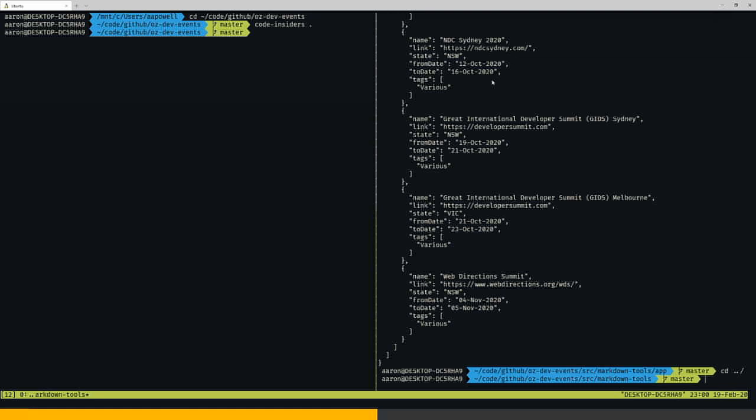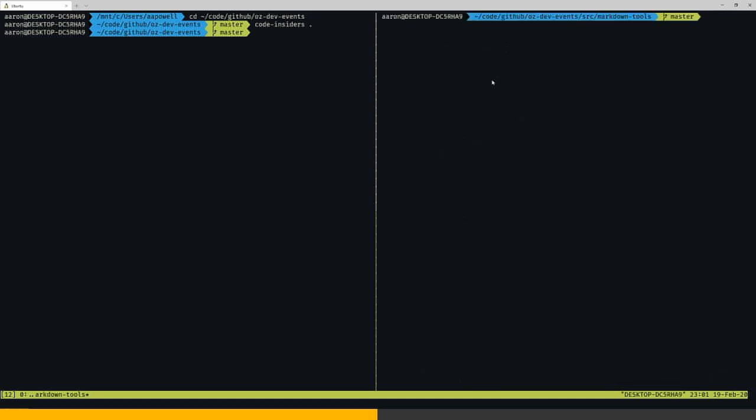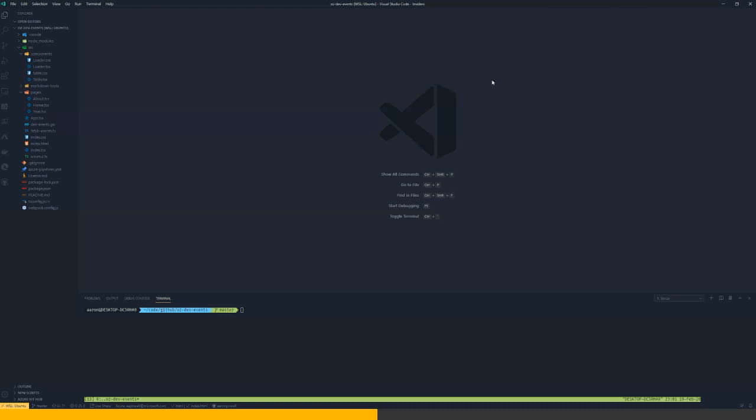But you know what? I actually want to run this in the browser, because as cool as terminals are, the readability of this is not great. As you can see, I can't remember the syntax of jq to work out how to query it, to find stuff. So let's turn that into a web application. And here's one I've created earlier. It's a React application. Actually, I'm going to just do an npm start on this because it'll take a while.